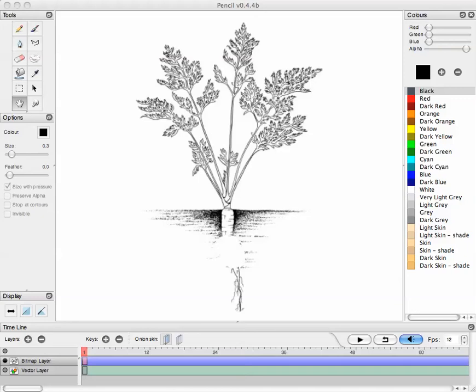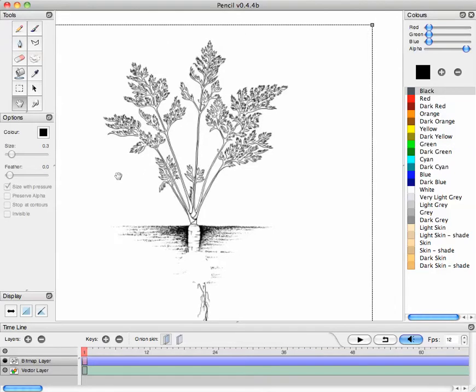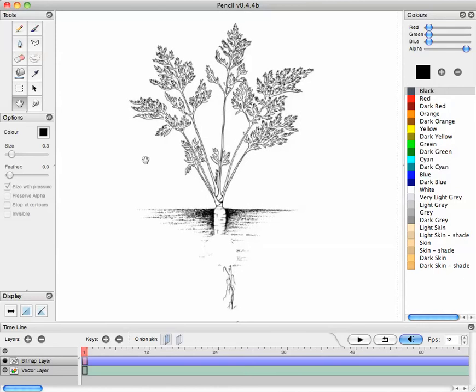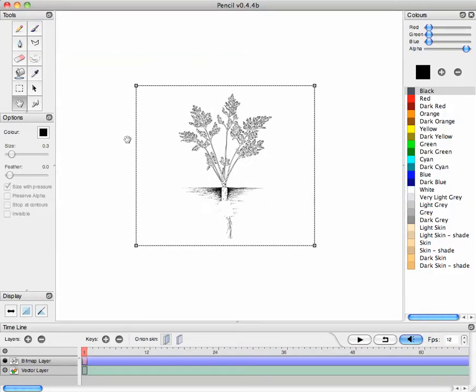Zooming and filling. To zoom in closer to see my drawing's details, I click on the small hand in the lower left-hand column. This is for moving and zooming. If I drag to the center of the page and click the mouse, I can drag the drawing around the page and drop it wherever I'd like. If I'd like to zoom in, I use the Command key and the hand, and I can zoom small or